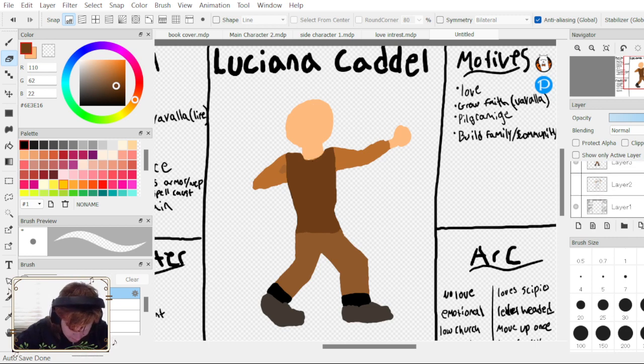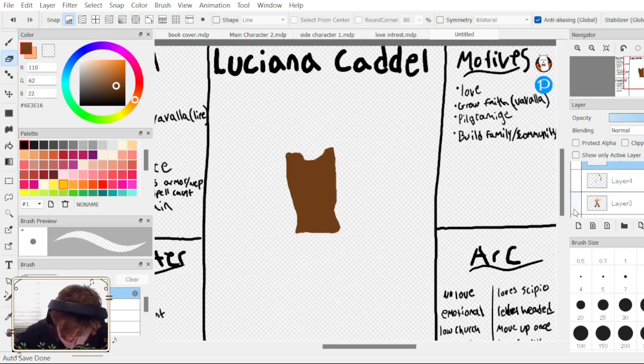I did take that layer off. Where am I getting this black outline from?